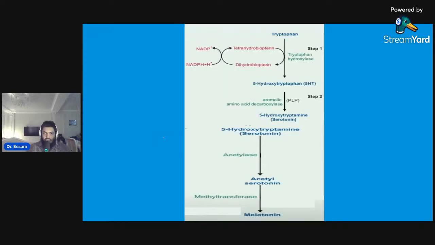Okay, now what is this reaction? This is the complete reaction put together. If I had shown you this reaction immediately, you would have gotten scared. So I broke it down into two parts, but now you have become brave. Now you can see that tryptophan is converting to 5-hydroxytryptophan, then to 5-hydroxytryptamine, which is serotonin. Then serotonin will convert to acetyl serotonin, and that will convert to melatonin. And the enzymes required are this, and this. So four enzymes are required for these reactions.